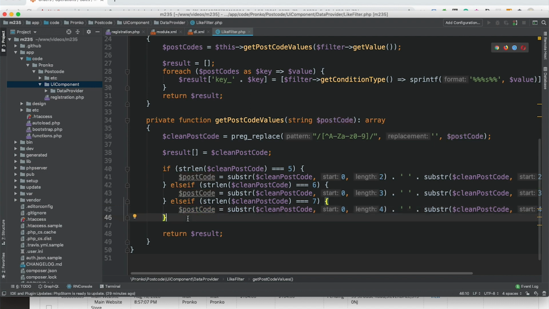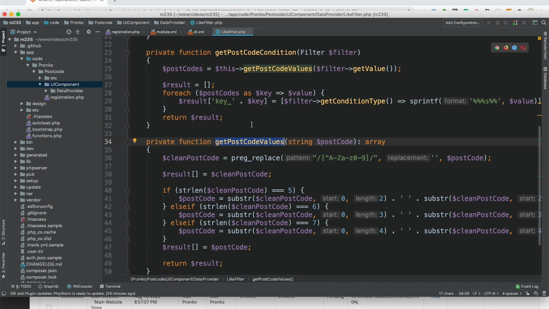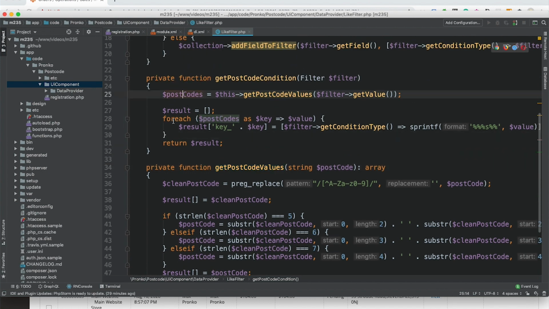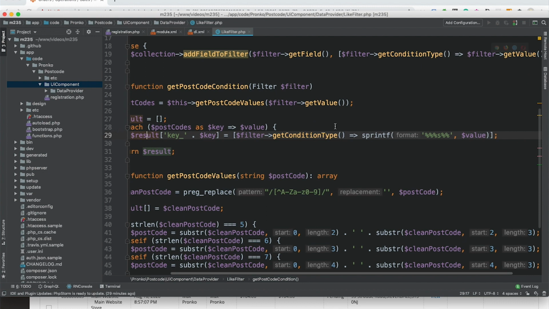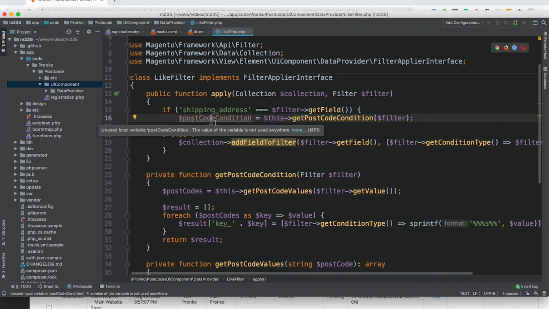And this postcode can be assigned as a second postcode, which we are going to return as a list of postcode values. So we return this list, then we go through all postcodes, we prepare a condition with unique key, so it's going to be key underscore 0 and key underscore 1. And it will return a list of postcode conditions back to our apply